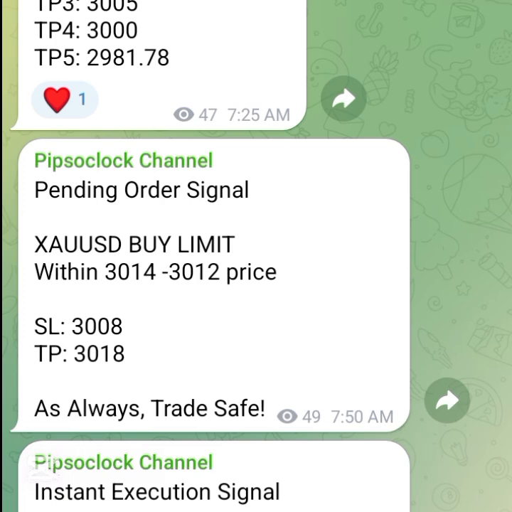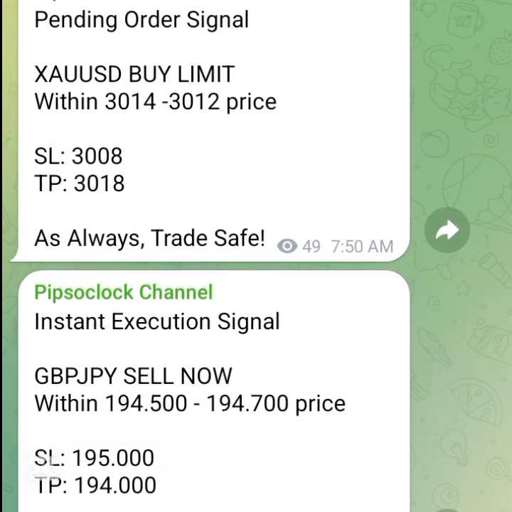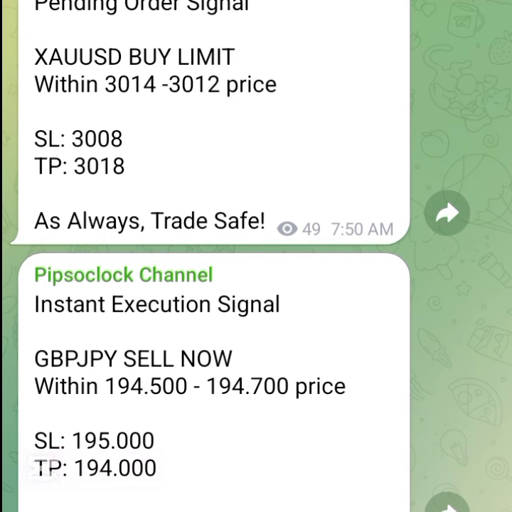All right. So if it's instant execution, the same thing applies. Like here now, 194.500 to 194.70. So it has to be within that range. If it is lower than 194.500, it's out of range. Now, what if it's higher, like in the case of sell? Let's say it's at